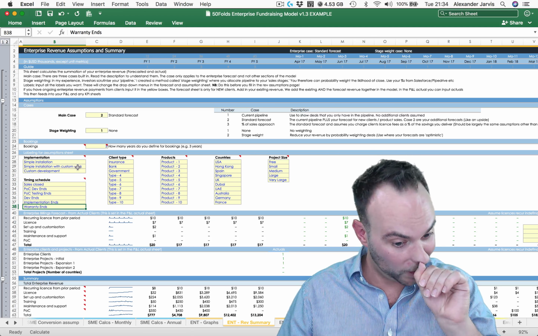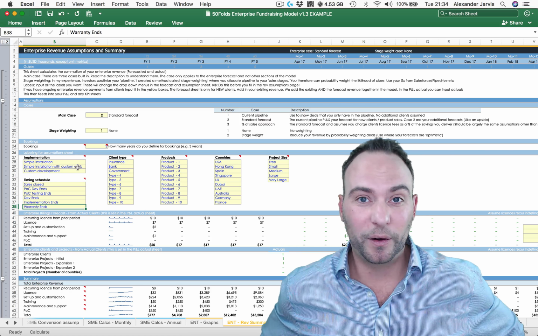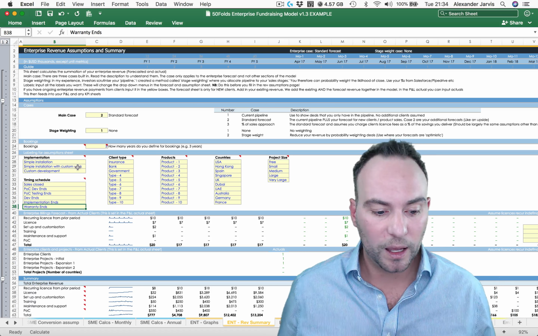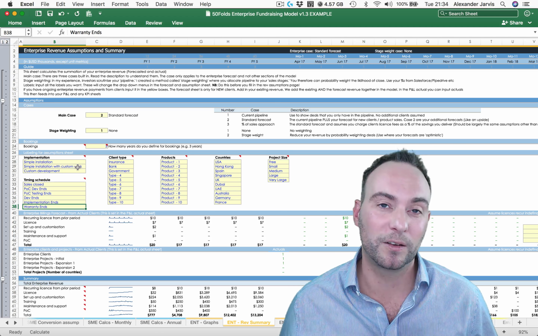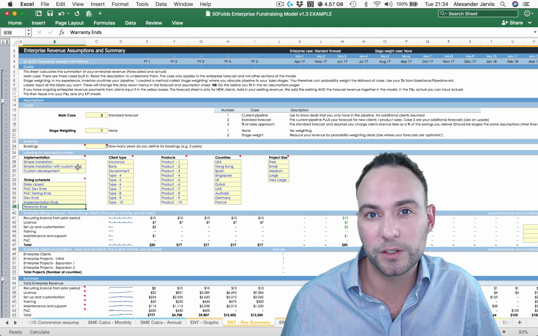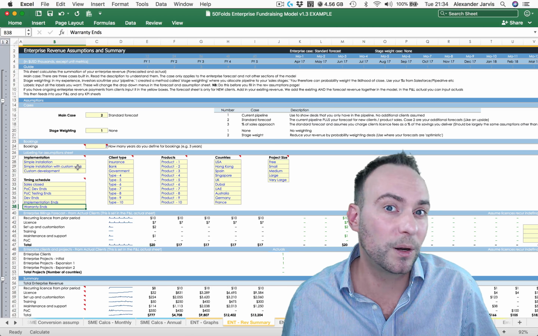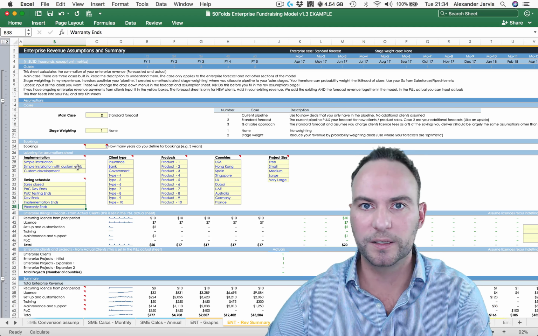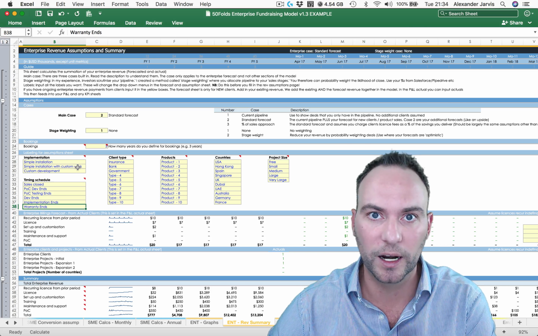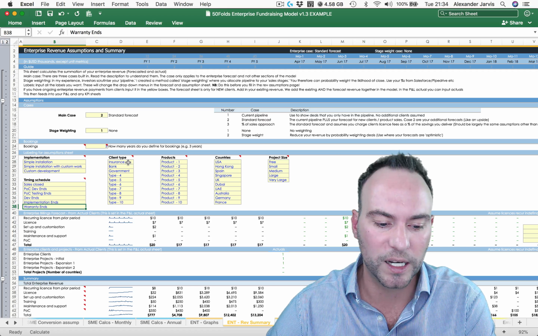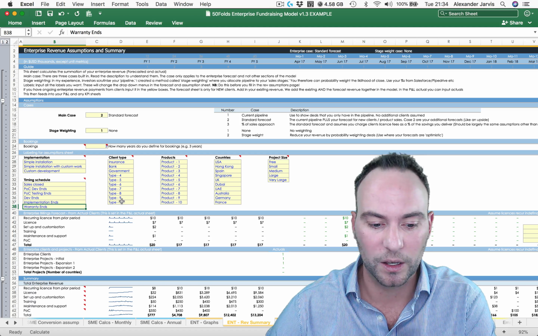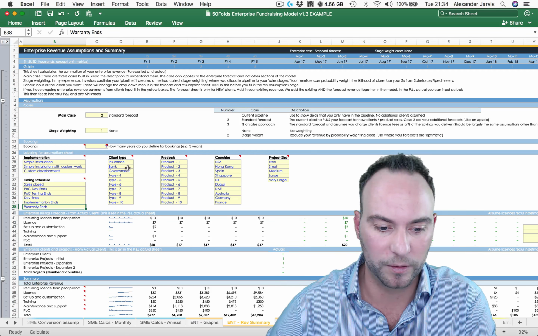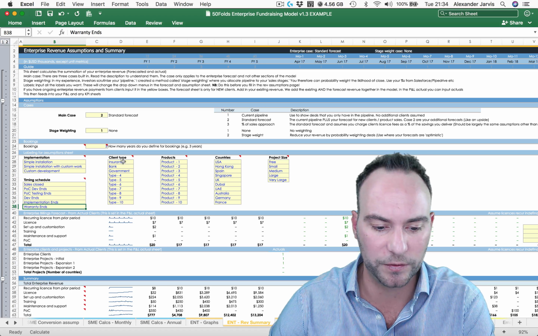And then maybe you're going to have to offer a warranty period for them, which they might pay for. And maybe part of the payments on that warranty might be contingent on something or happen over time. So fundamentally, implementation ends is important, and the warranty is sort of optional. And then just because you can make nice little fancy charts and do segmentation, you can type in up to 10 different types of client. So whatever, insurance, bank, government, whatever suits you.